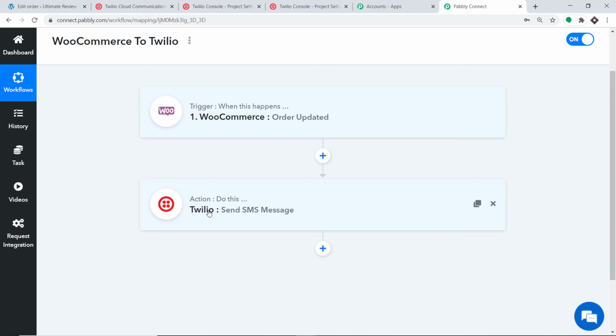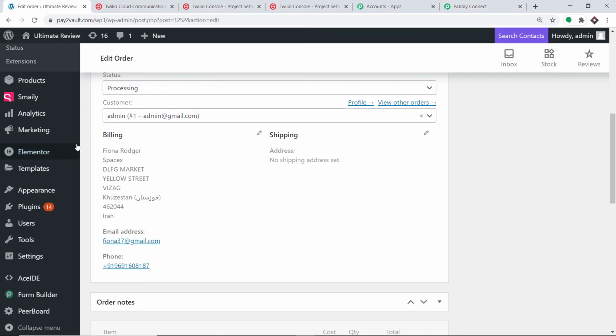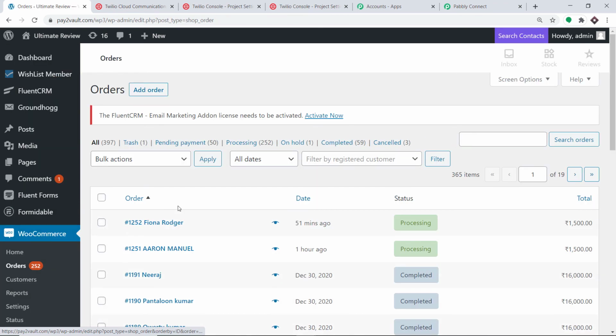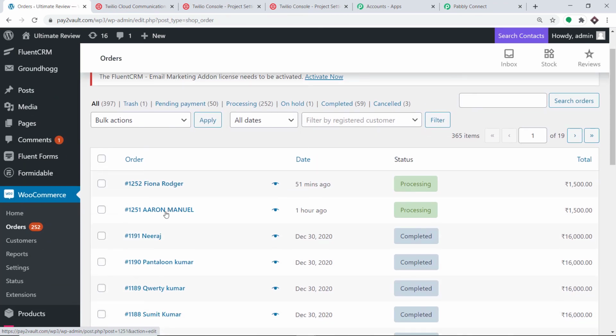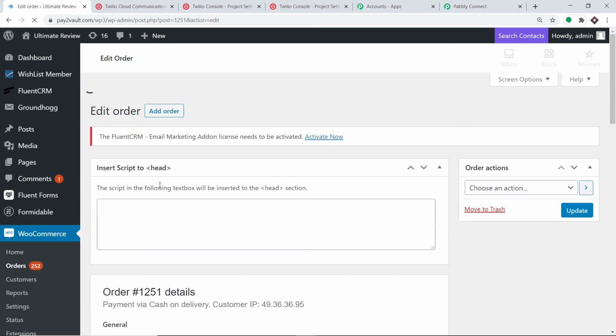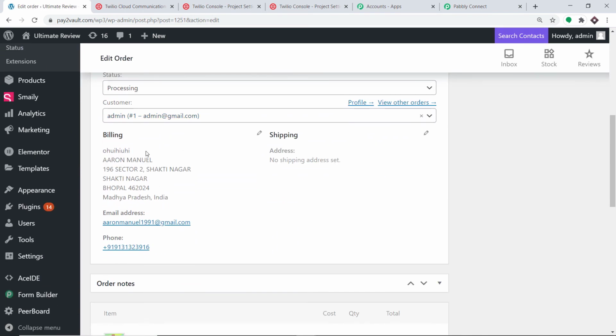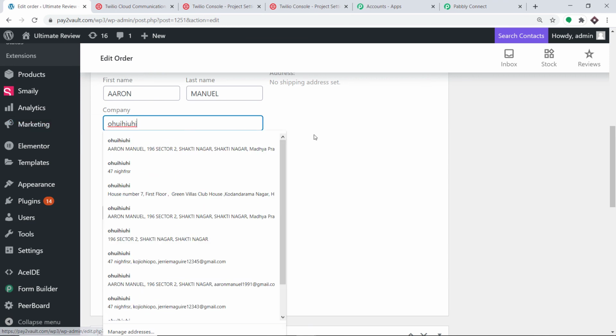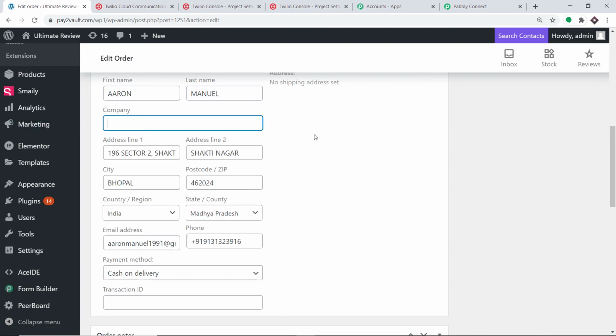Excellent. So let me go to WooCommerce once again, and we are going to make some changes in the orders once more. I'm going to the order collection once more. This time we are going to make changes with this guy called Aaron Manuel. This is the billing address. The company has been changed from this weird looking name.